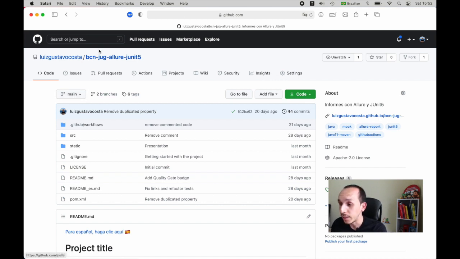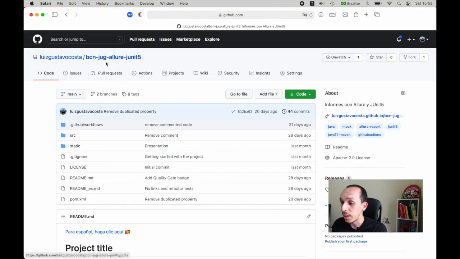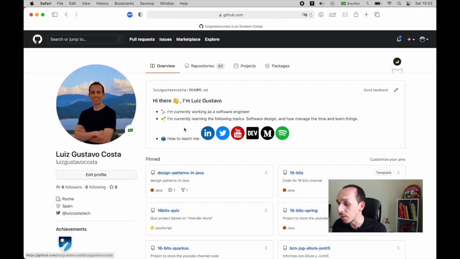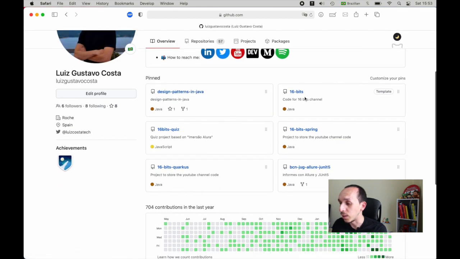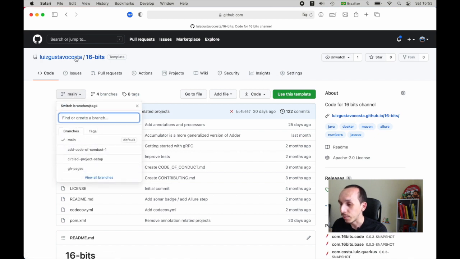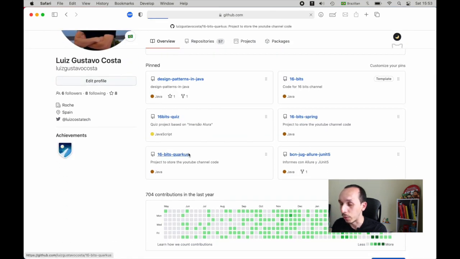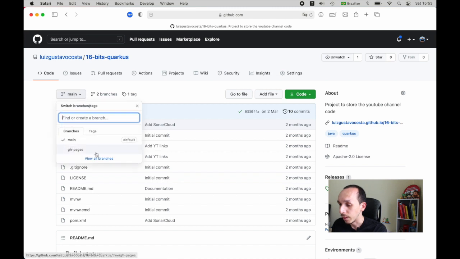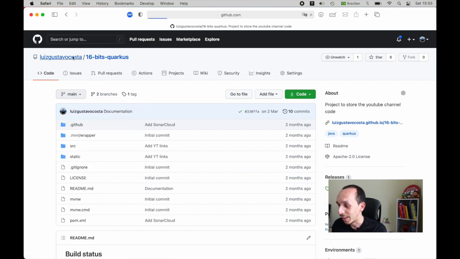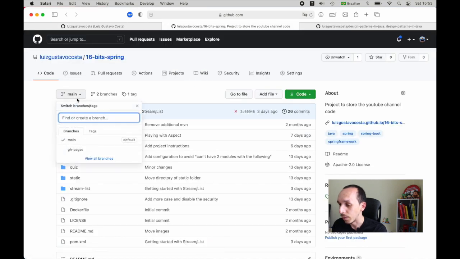Okay, for this one, let's do this. Let's show firstly this repository. Okay, this is a static page, but let's say if you want to start using in another project, let's see this project right here, 16 bits. This have a branch. Let's use another one to Quarkus. Let's see this project. I suppose don't have. Okay. Oh, I just have another one. Sorry. Oh, let's see Quarkus, Spring, and partners. Let's see each one here. This has